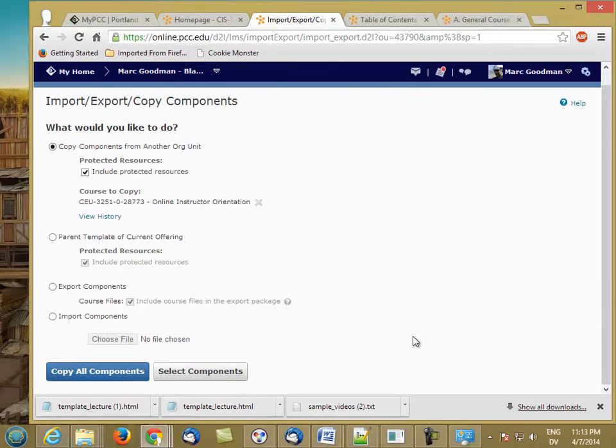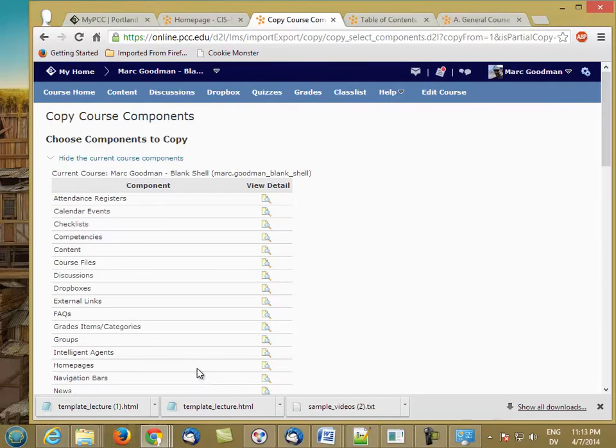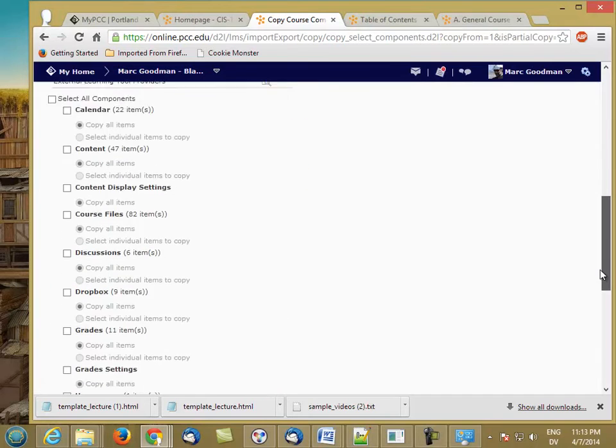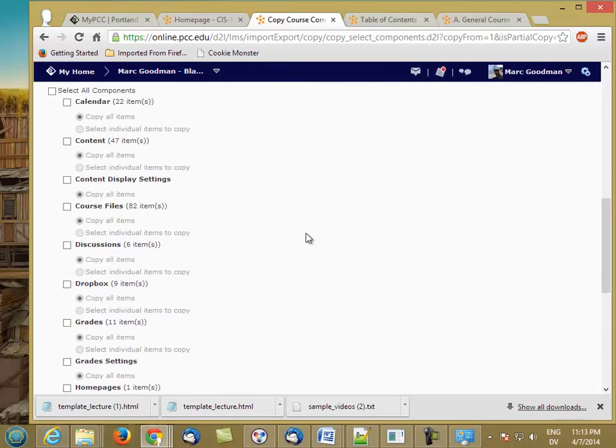And then at the bottom, I want to select the components. So I can either copy everything from that course shell into my shell, or I can select just some components to add. So we'll say Select Components. And then towards the bottom, I get to say what I want to copy. So I want to copy a module out of content, and I want to select which module I want to copy,